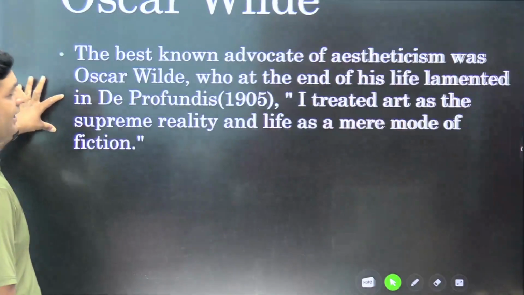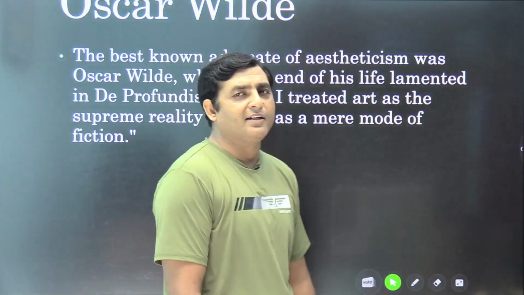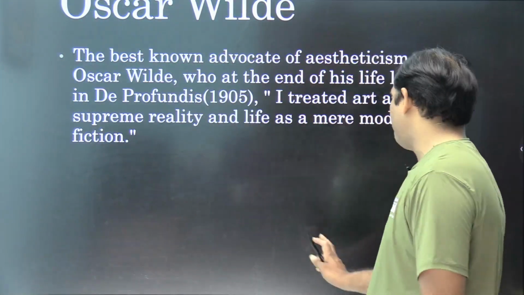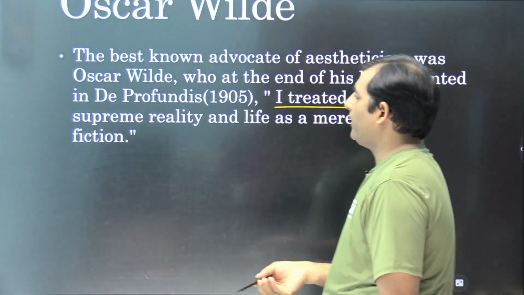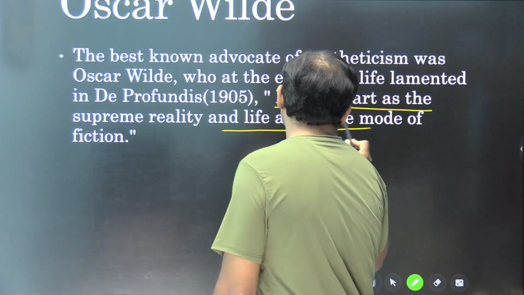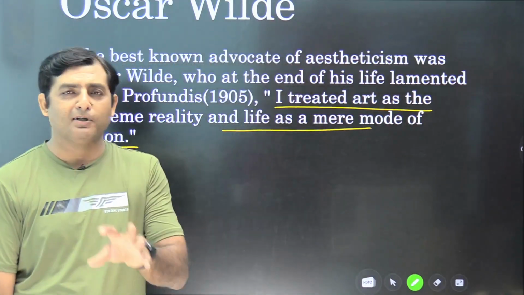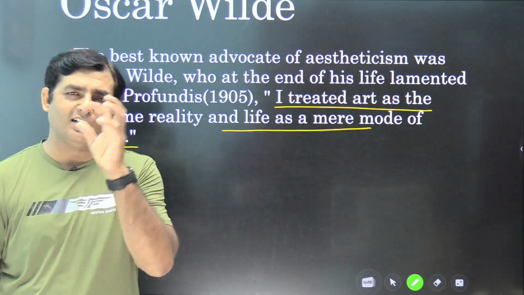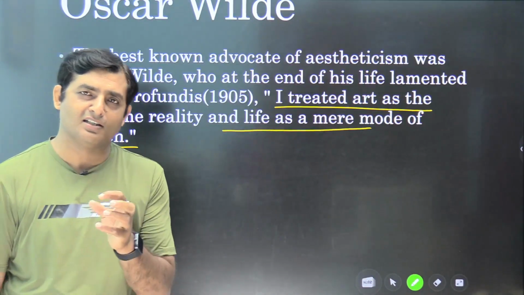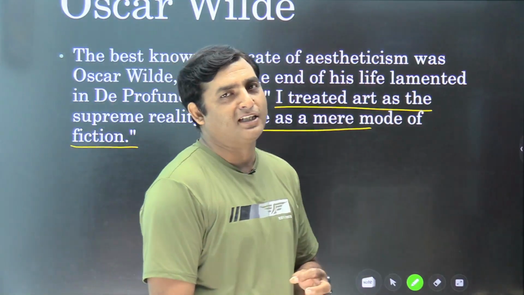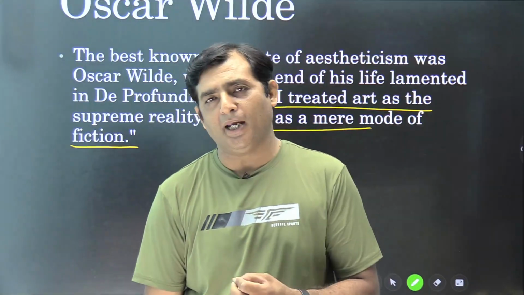Who at the end of his life lamented in his book, क्या lament है? I treated art as the supreme reality and life as a mere mode of fiction. What is life? Life is a mode of fiction. And what is art? Art is the supreme reality. This is aestheticism. This is the climax of aestheticism, and the climax of aestheticism came from the pen of Oscar Wilde,